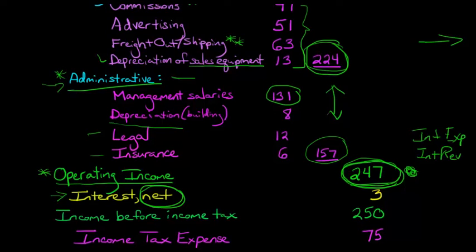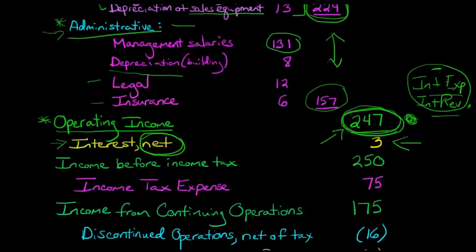So when it's interest net, we're just saying, okay, let's put these two things together. Maybe they had a certain amount of interest revenue and a certain amount of interest expense, but when they net it together, for this firm, we'll say they had $3 of actual revenue. So whatever their expense was, it was outweighed by the actual money that they earned in interest. So we have $3 income here. So we're going to add that to this 247, this operating income, and then that's going to yield income before income